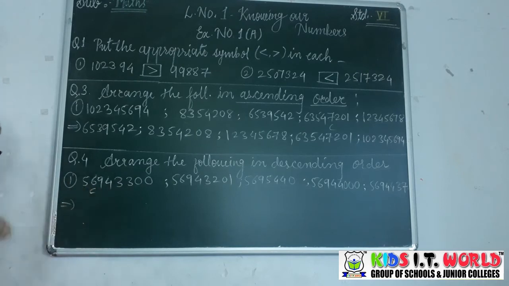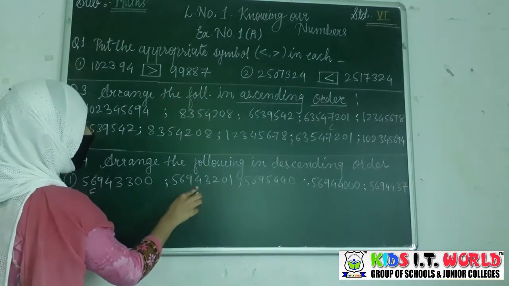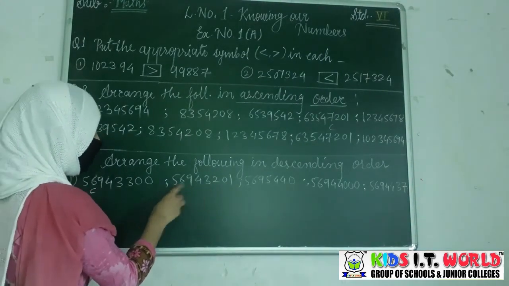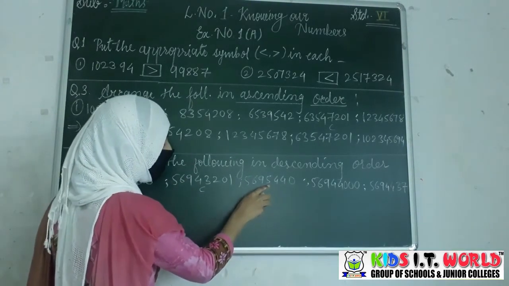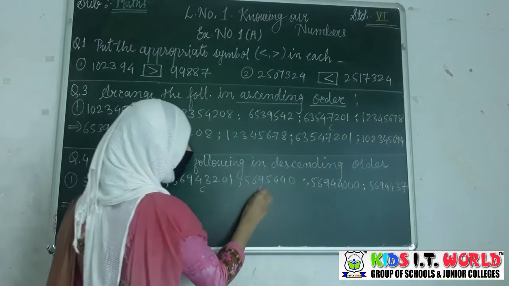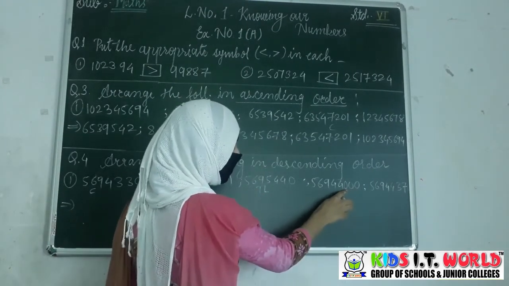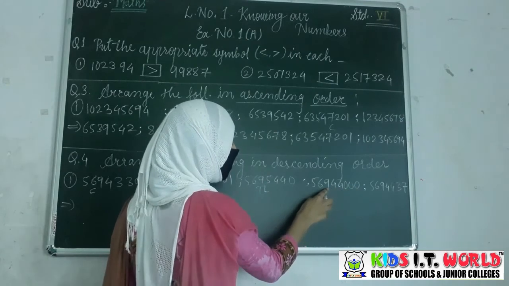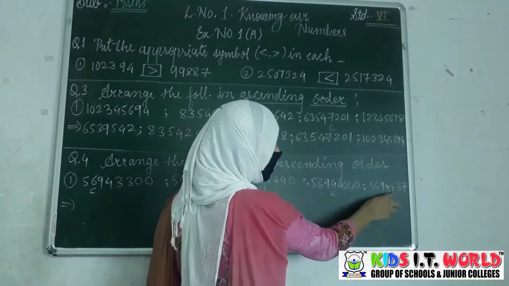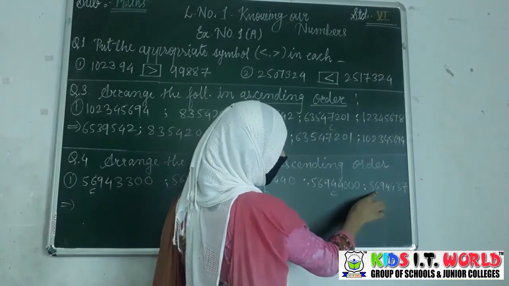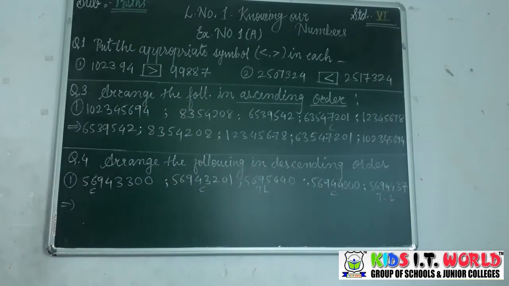So it is starting from the crore. Ones, tens, hundred, thousand, 10,000, lakh, 10 lakh, crore. It is also starting from the crores. Ones, tens, hundred, thousand, 10,000, lakh, 10 lakh. It is starting from the 10 lakh. And the last is also ones, tens, hundred, thousand, 10,000, lakh, and 10 lakh. Now you can see here two numbers are starting from the 10 lakh, which is smaller than the crore.